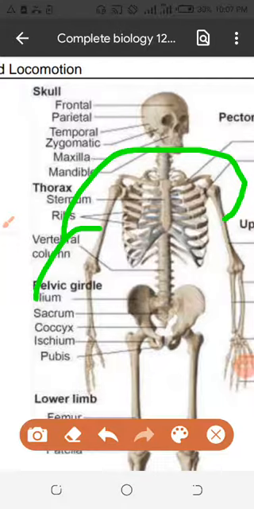It means they are attached with the pectoral muscles. I will tell you two types of muscles. One is the pectoral muscles, one is the pelvic muscles. Muscles and bones are interrelated with each other. They are coordinating with each other. The muscles are useless without the bone, and the bones are useless without the muscles. Because bone is nothing, the muscles will move the bone. Muscles strong, energy more. Muscles less, energy less.